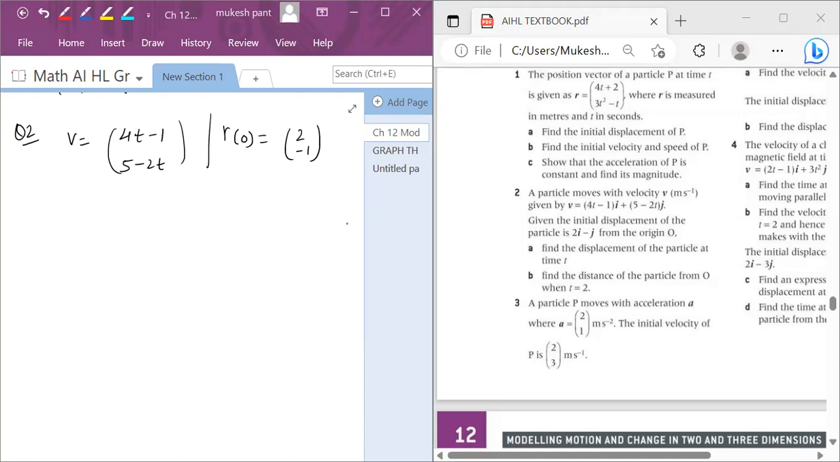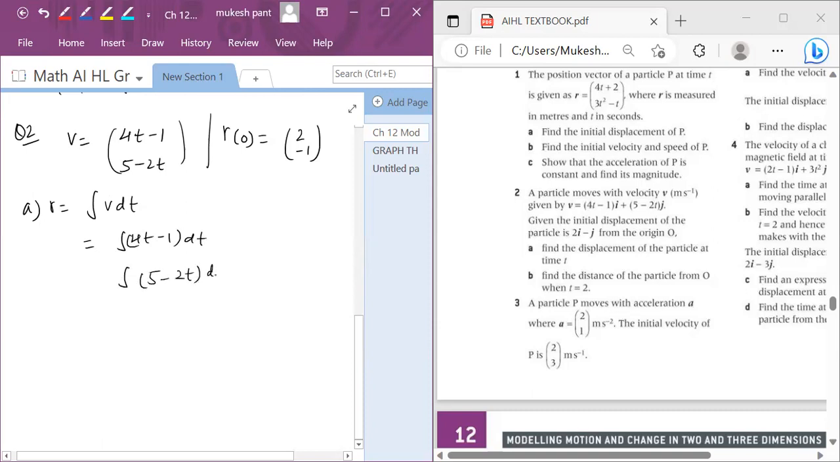So for part A we have to find out the displacement r. So how can you find it? You integrate velocity, you will get r. So it means we have to integrate each term. We have to integrate 4t minus 1 dt, right? And second is the integration of 5 minus 2t dt, right? If you wish, you can do it directly, but I'm showing you step by step so that you can